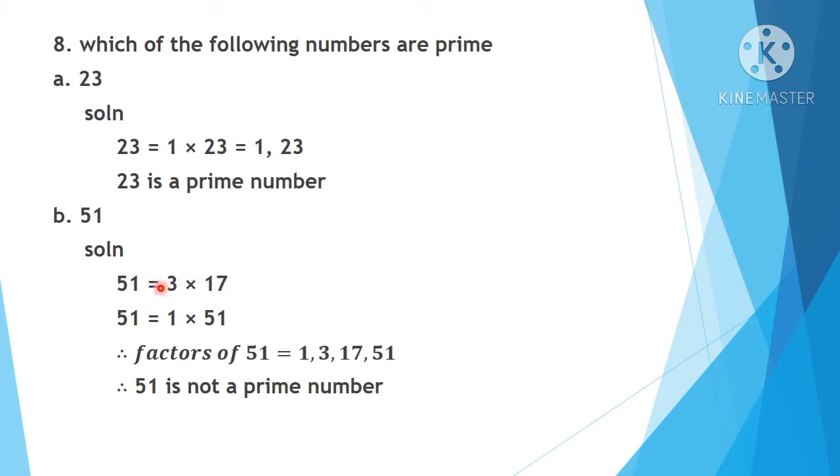So it is easy to find out, children. I'll say an easy step. You know the prime numbers, right? On seeing them, you can say that it's a prime number. When you have any doubt, first divide and see with 2. If it is not divisible by 2, then check it for 3. If it is 51, you check it for 2 first, whether it is divisible or not. It's not divisible, right? Then check it for 3. So immediately you will get the answer.